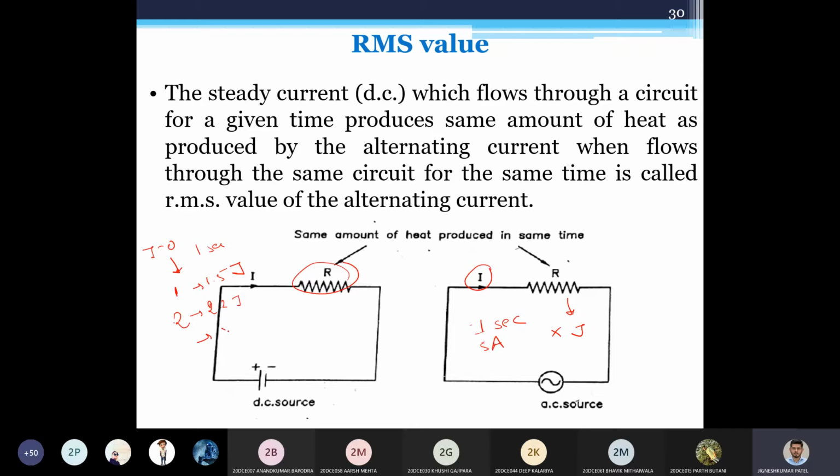At some point of time, I'll produce X joule of energy for some Y ampere of current in DC. At that time, what I'll say is this Y ampere, whatever I find out, is the RMS value of this AC circuit. This Y current flowed in DC is actually the RMS of this circuit. Now it is not feasible to do this every time, so we can have the equation by which you can find the RMS value, and let's derive that equation. Same thing is for average. First you flow it through AC, whatever is the charge transfer. We'll try to match it with the DC circuit, and if this current matches, in that case we'll say this is the average current of AC.